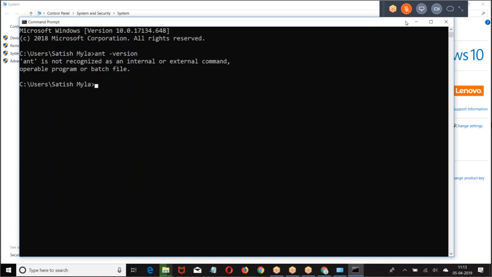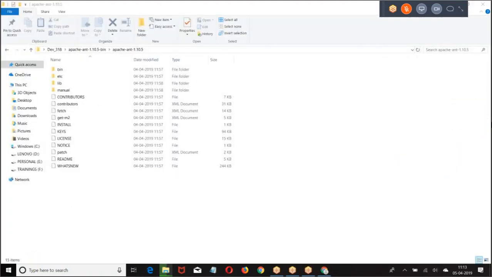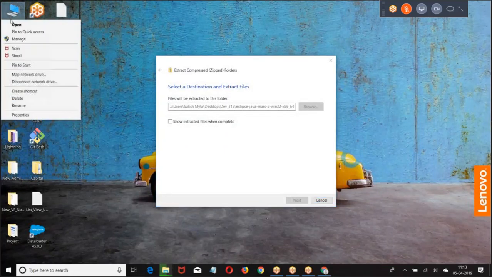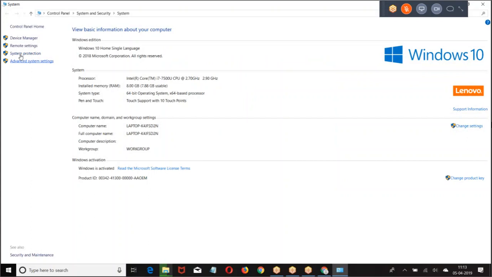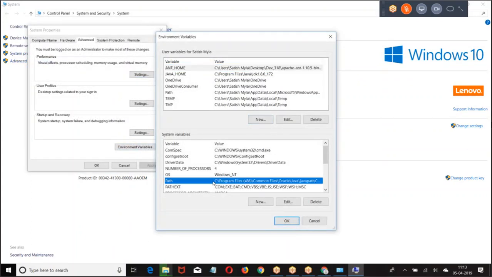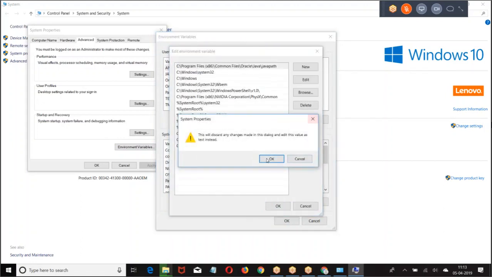ANT is not recognized. Environmental variables are not set properly. In the path, I think we need a semicolon. Go back to My Computer Properties, Advanced, Environment Variables, Path, Edit text.